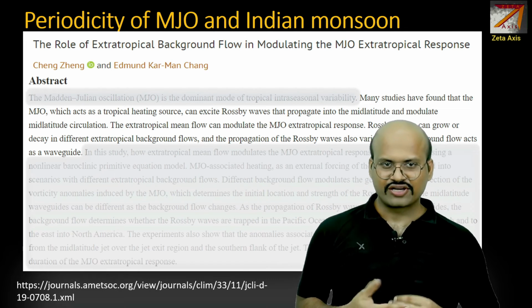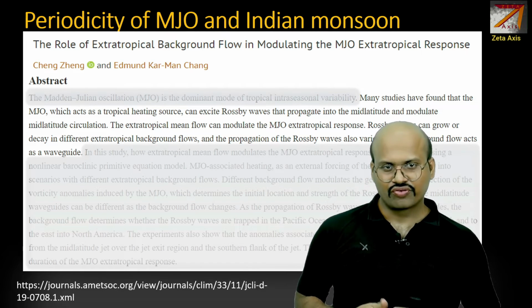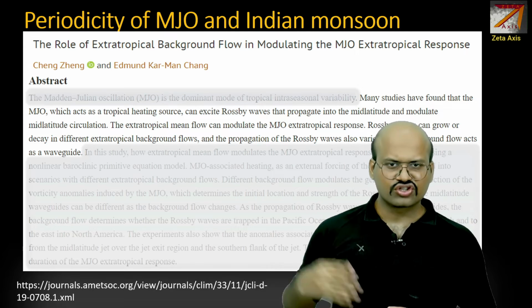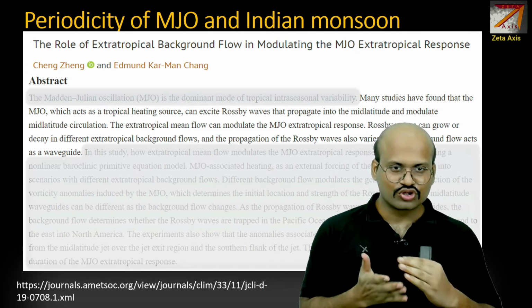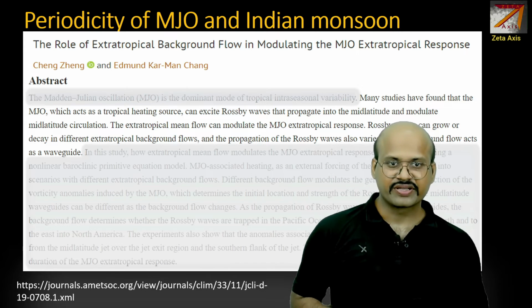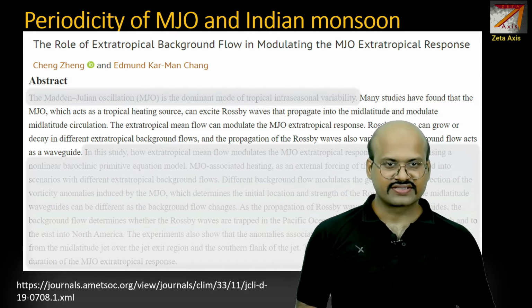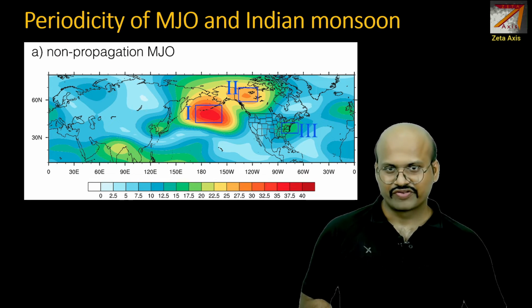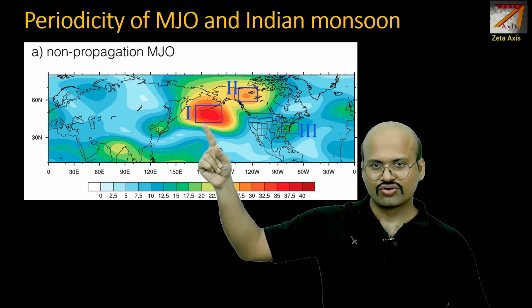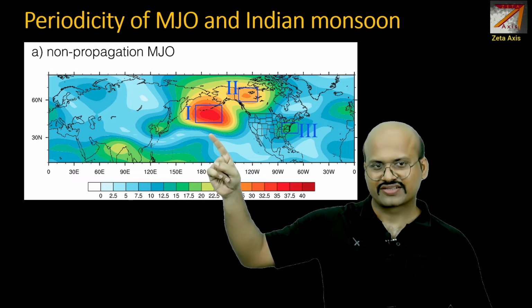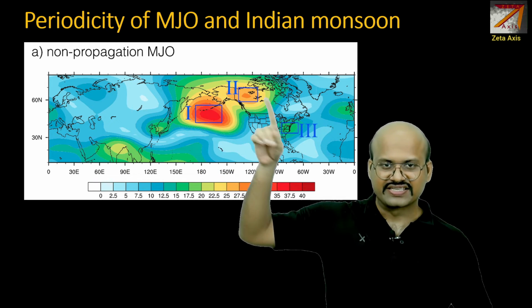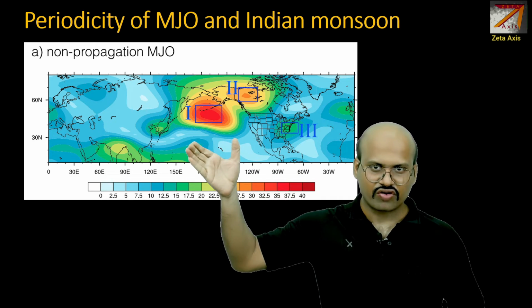So what it is trying to say is that the MJO, which occurs in the tropical region, generates a wave, the Rossby wave, which propagates both northwards and southwards in the mid-latitudes, and it impacts the atmosphere over there. Now in this diagram, we will see the impact of MJO under non-propagation circumstances, that is, when the MJO is almost stationary. So we will see these 3 regions